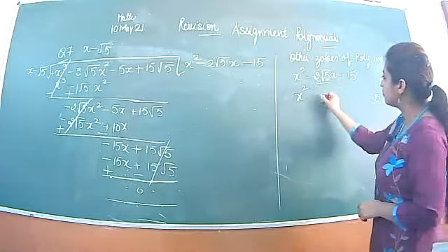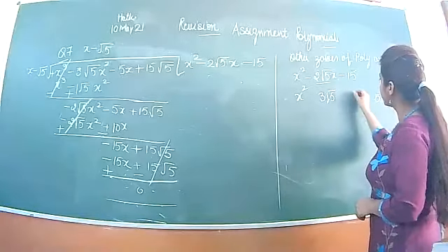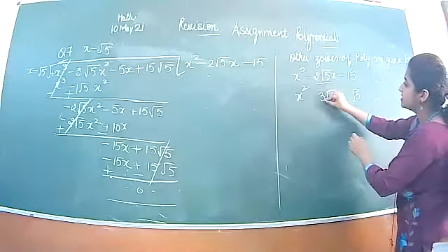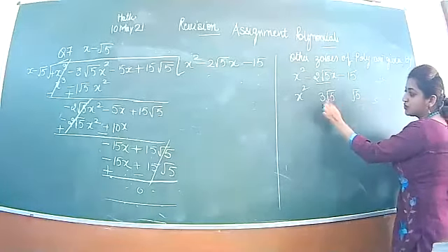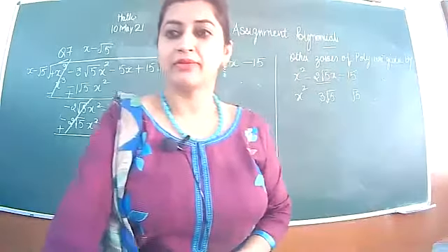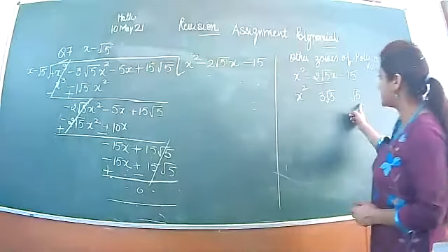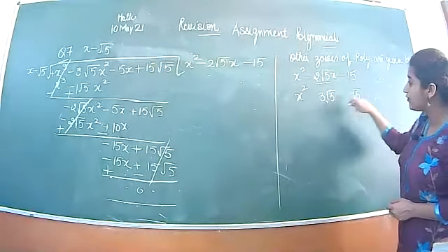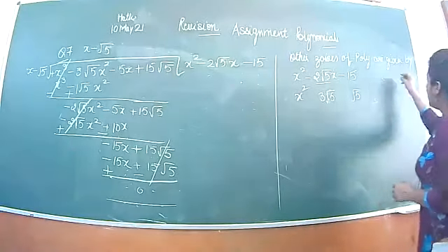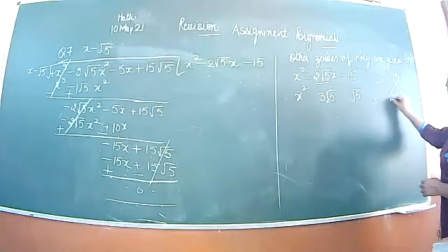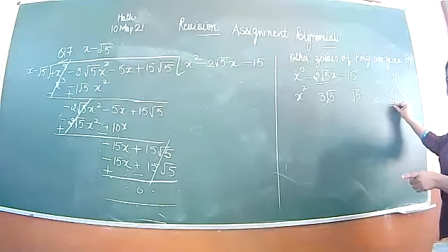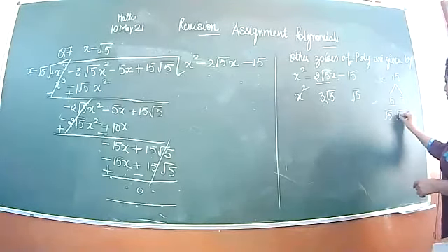If I break it up like 3 root 5 and root 5, if I write 2 root 5 as 3 root 5 and root 5, if you subtract 1 root 5 from 3 root 5, this will give you 2 root 5 as answer. And root 5 into root 5 is 5. 5 3s are 15. How do I come to know this? Actually, I want the factor as 3 5s are 15. So I have split 5 into root 5 form.